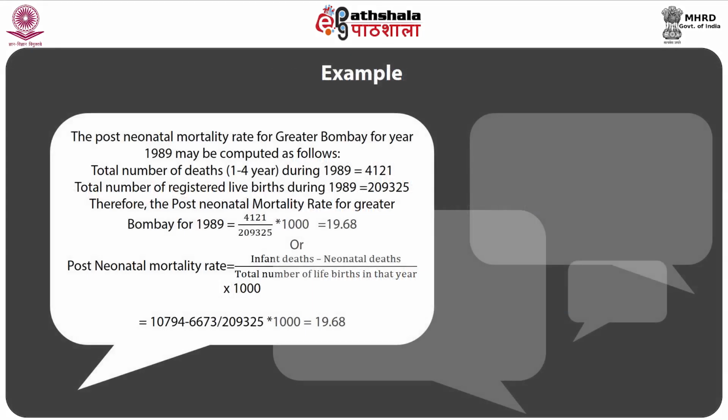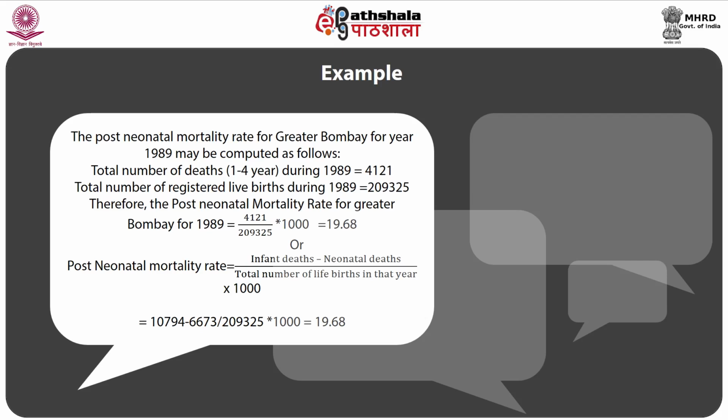Example: the post-neonatal mortality rate for Greater Bombay for year 1989 may be computed as follows. Total number of deaths 1 to 4 years during 1989 is 4121. Total number of registered live births during 1989 is 209325. Therefore, the post-neonatal mortality rate for Greater Bombay for year 1989 equals 4121 divided by 209325 multiplied by